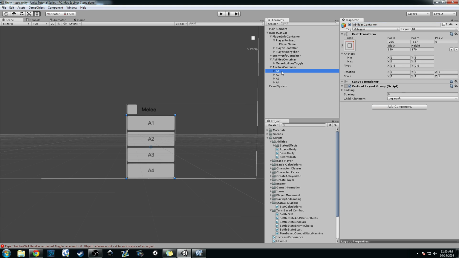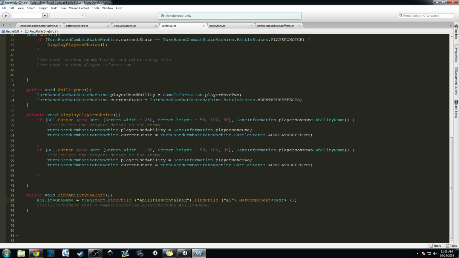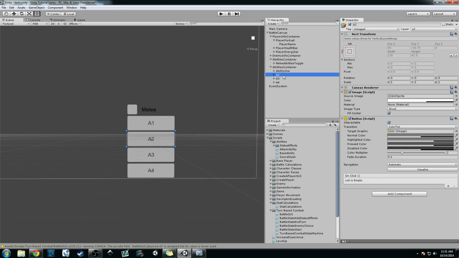And we're going to find the child called A1. Go ahead and copy. Let's call it ability 1 like that, just to make sure. Go ahead and copy that and then we'll paste it in here. And we're going to go ahead and get its text component, which,